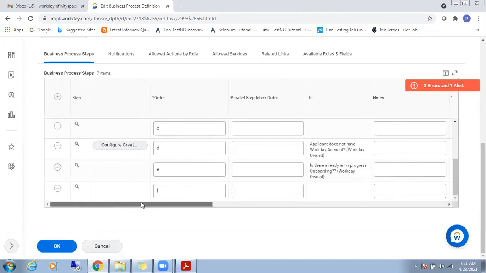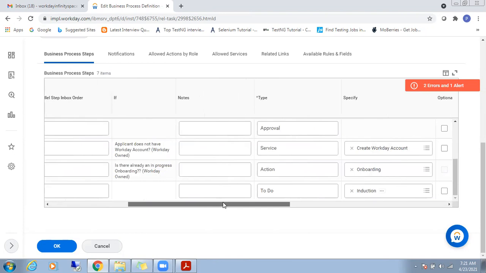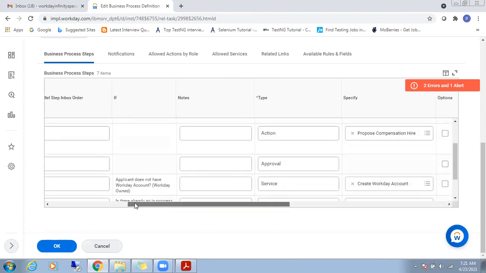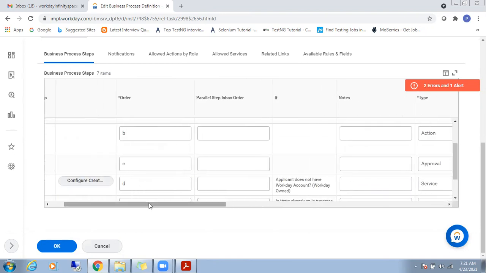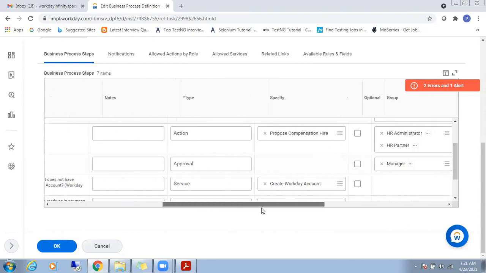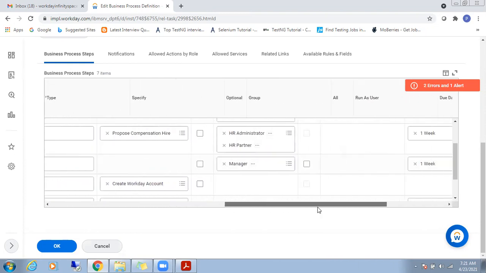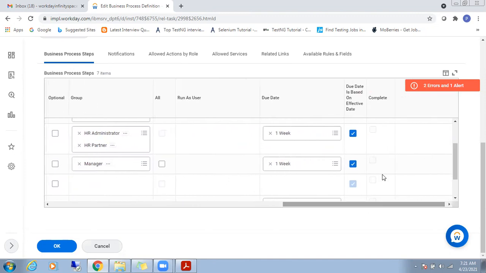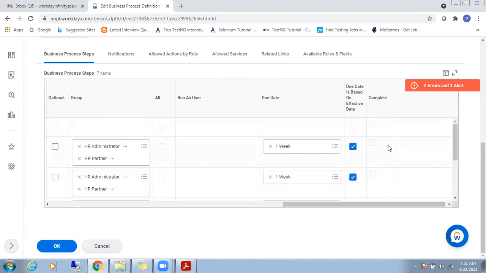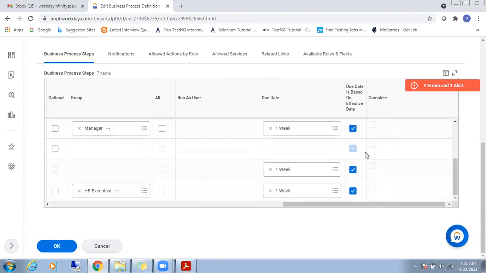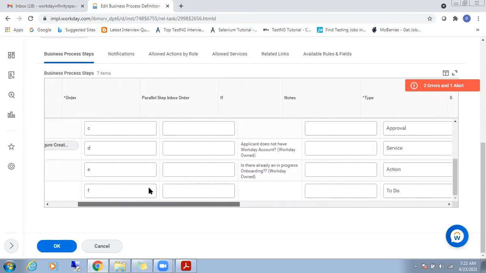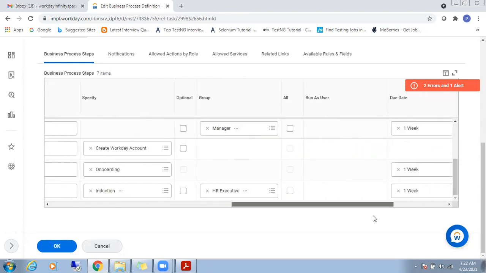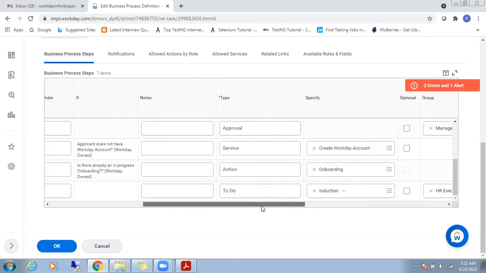There is an approval step, but we don't see any other step as complete. I already told you any of the steps should be mentioned as completed. Then only the business process ends.